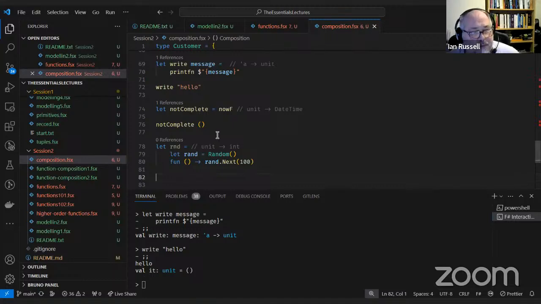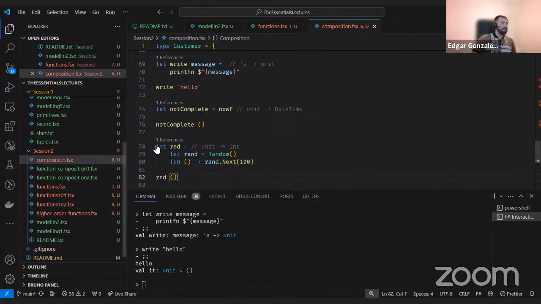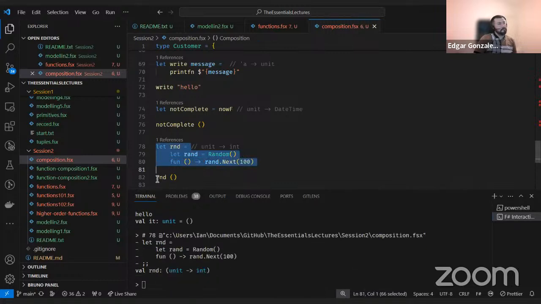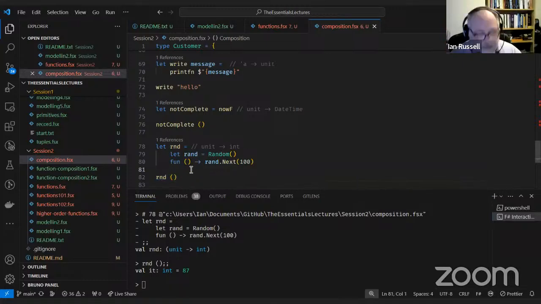it's going to create that little random value, and then only when I call the function with the unit will it actually operate. Yep. I'll call that so I can do things like